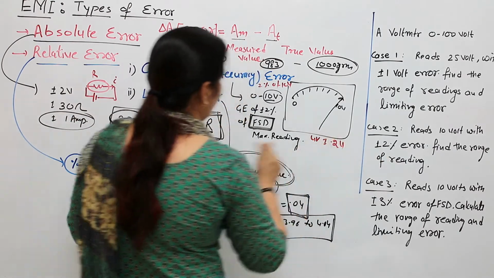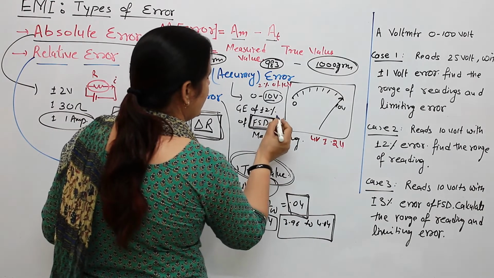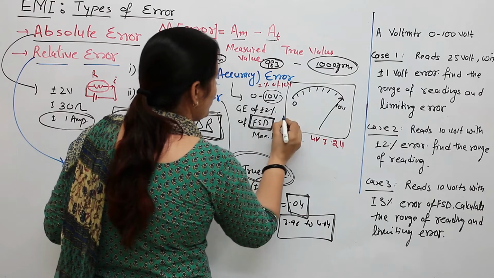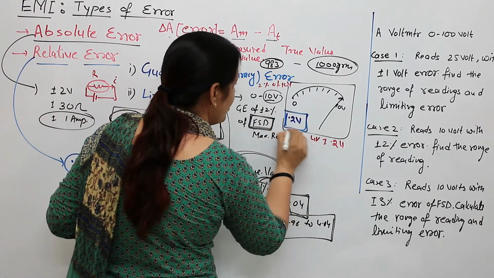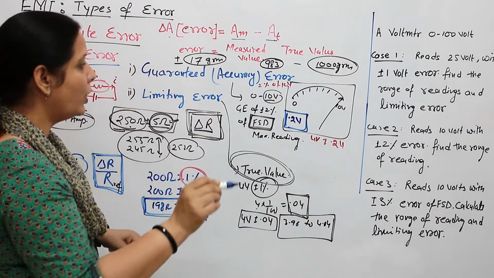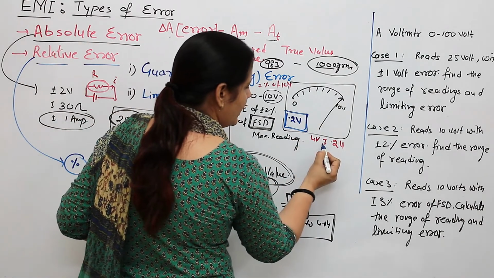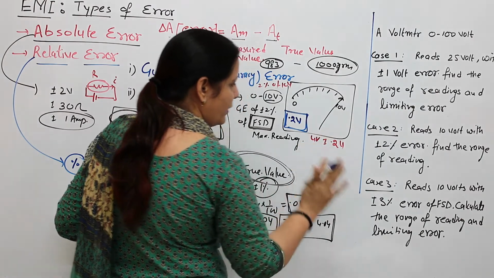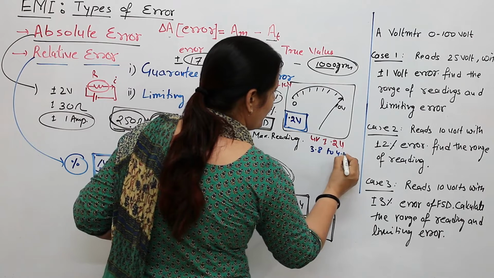So if you are finding plus minus 2% of FSD, write down plus minus 2% of FSD is 10 volt, so it is having an error of 0.2 volt, fixed error of 0.2 volt, whatever is the reading. If you are measuring 4 volt, then fixed error plus minus 0.2 volt will be there, and the range of reading will be 3.8 to 4.2.